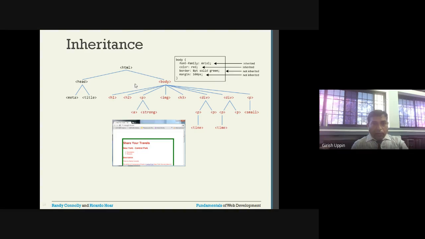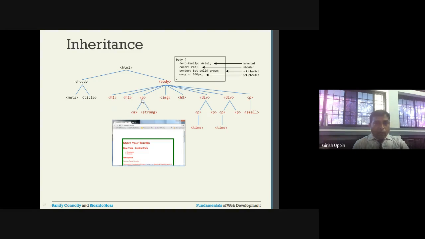So we will see the example. Here we have a page. Inside the page we have the HTML tag. We have head. Inside the head I have meta tag and title tag. And after that I have body. After the head I have the body, and inside the body I have header 1, header 2.